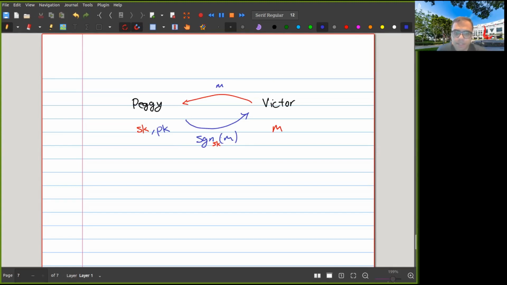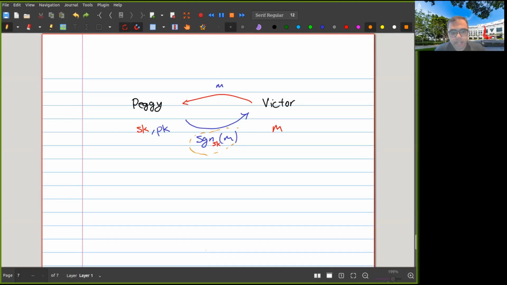It's not zero knowledge because Victor now knows something more than the fact that Peggy knows SK, right? Victor also knows the signature on M. So this is some extra knowledge. This is something that Victor didn't know before. The whole point of a zero knowledge proof is that Victor should be convinced that Peggy knows SK, but Victor should not get any extra information. This signature is actually extra information. This is something that Victor could not have made on his own,